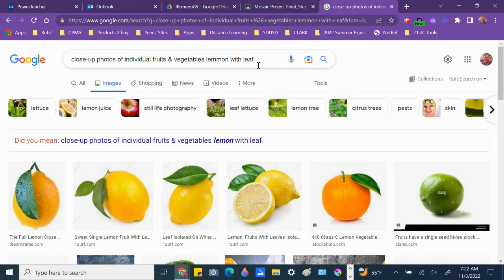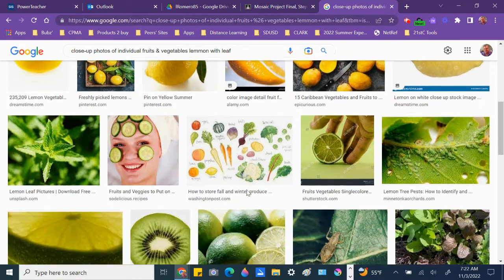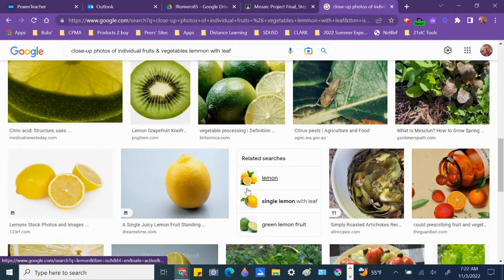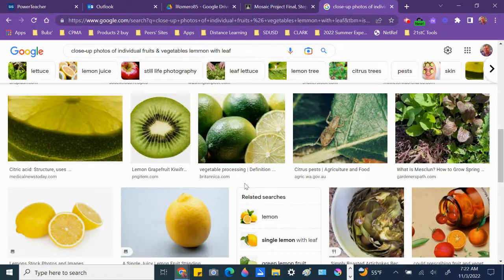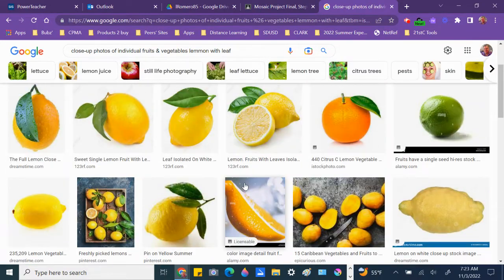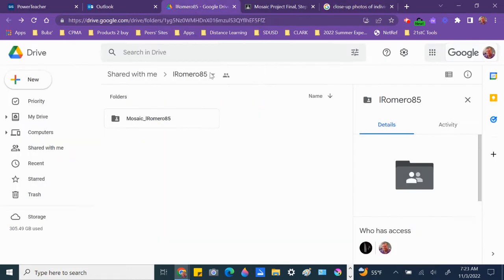I added lemon with leaf because I want some leaves on here, kind of like this one. But I want it open like this. So I'm looking for the perfect image, of course. I'm not going to spend too much time on this. And I might actually save a few of them and combine some of the features of it. So I'm going to open this one and save it, and also this one and save it. Before I do that, though, I want to open up another tab